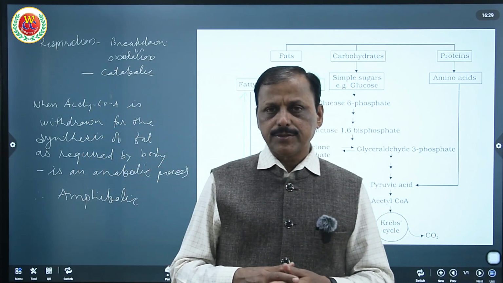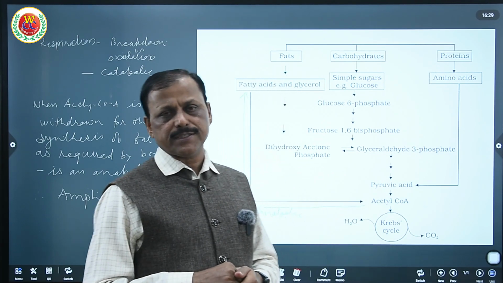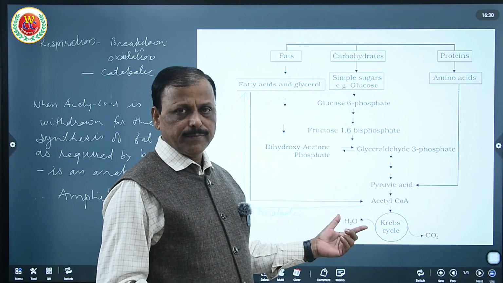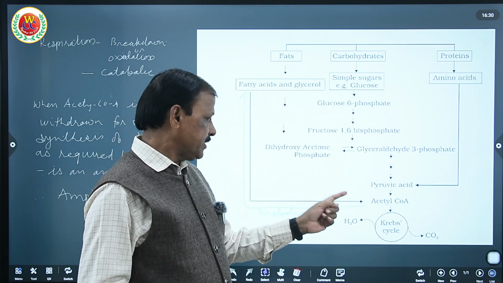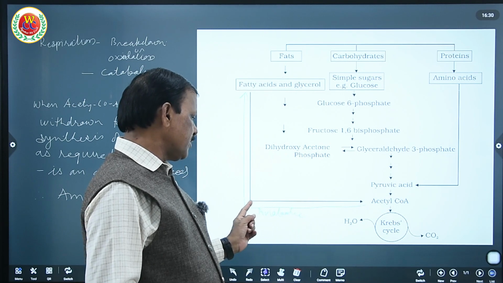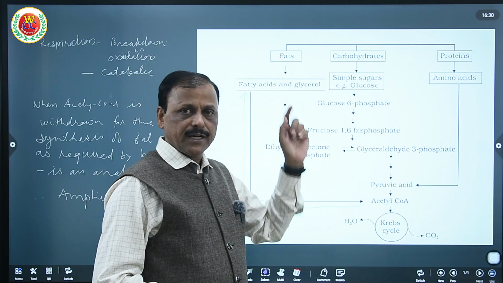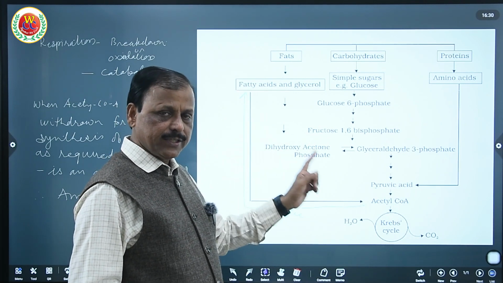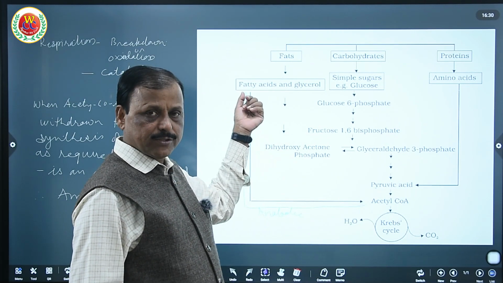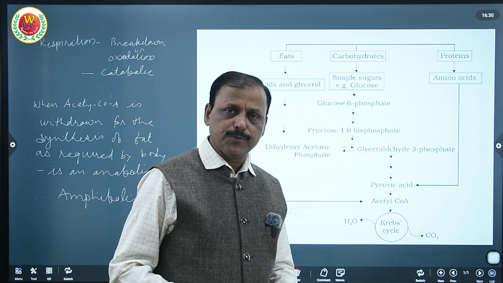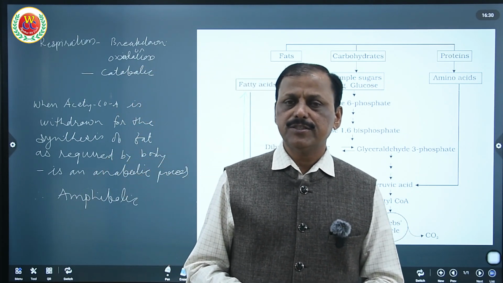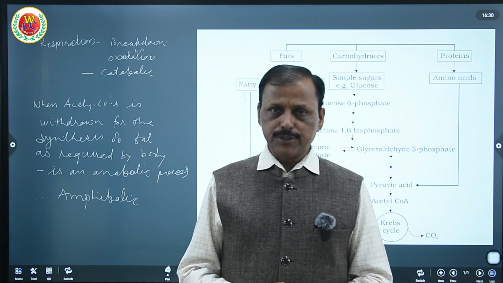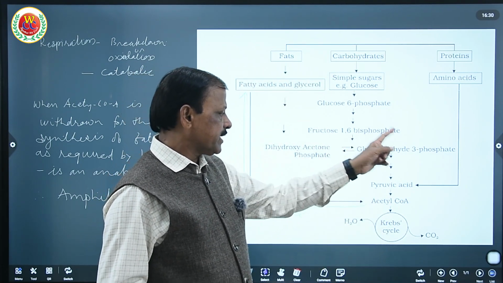So, if a question asks why respiration is known as an amphibolic process, it can be said that the major part of the respiration reaction is catabolic, but as and when fat is required for the body, acetyl-CoA is withdrawn and converted into fat to complete the need of the body, a reversible process to the catabolic. Hence, it is an anabolic process to regenerate fat once again, and therefore together respiration is called an amphibolic pathway. I hope you understood. This diagram you have to practice.